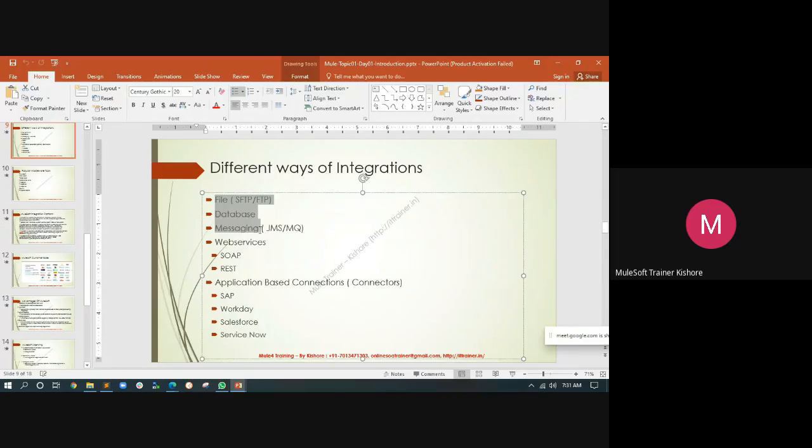If you learn Mule, Oracle Server, TIBCO, apart from these there is no other way you can do the integration. So that is the reason, as I told you yesterday, this is my fourth or fifth middleware tool, but